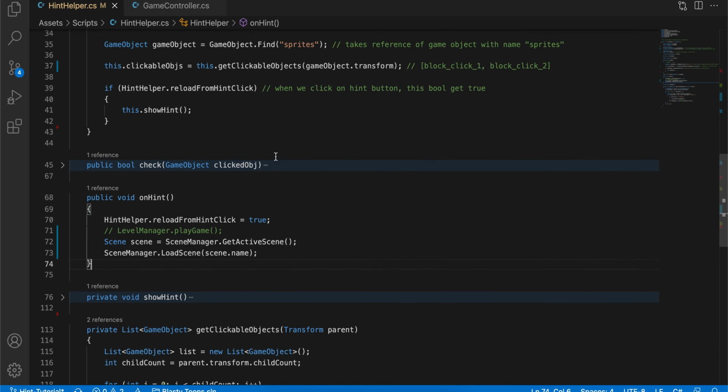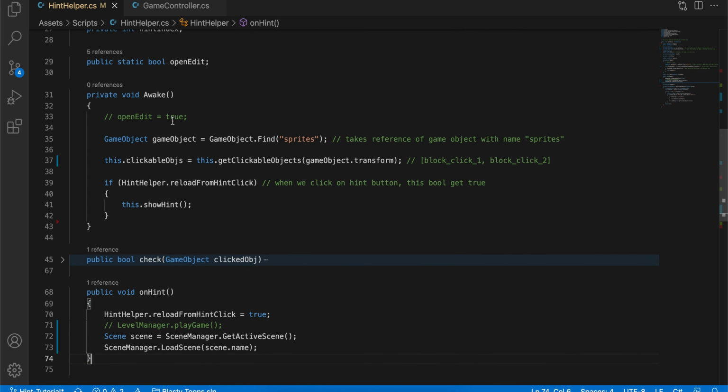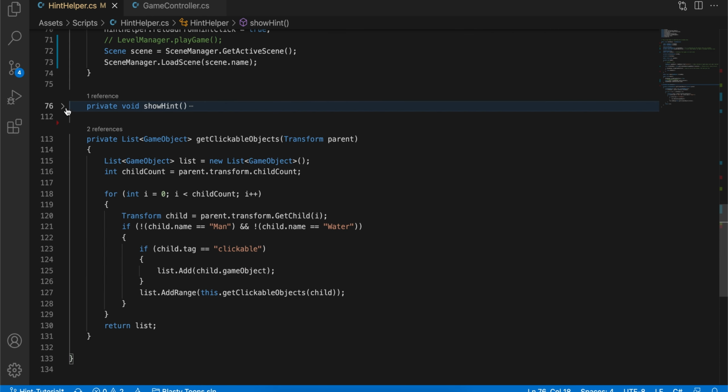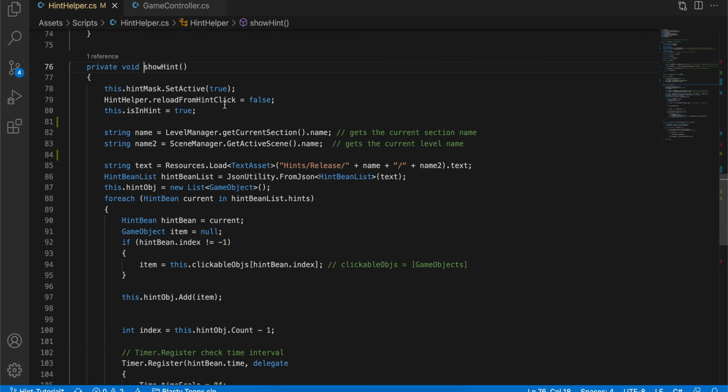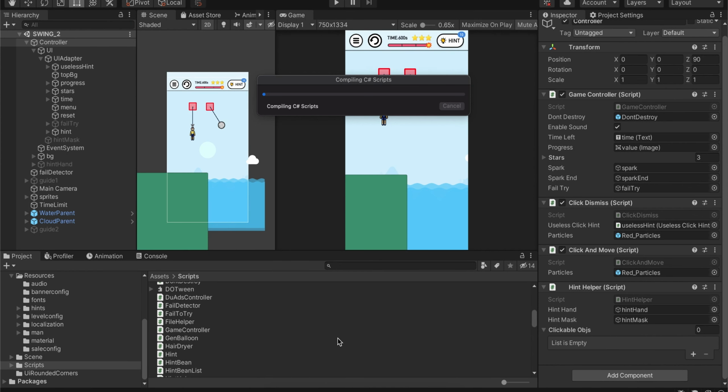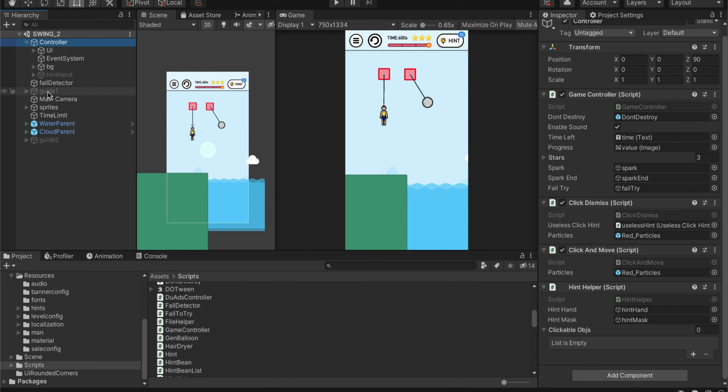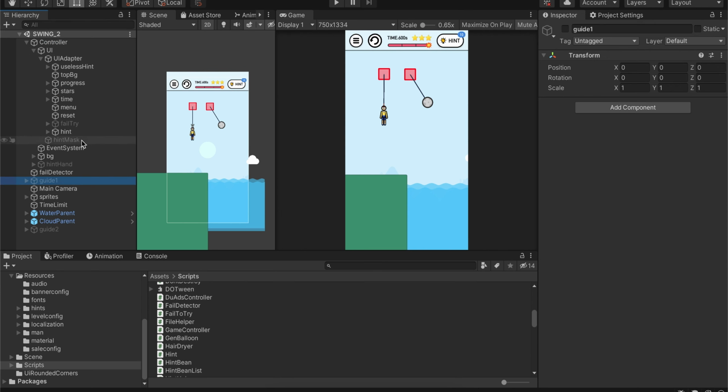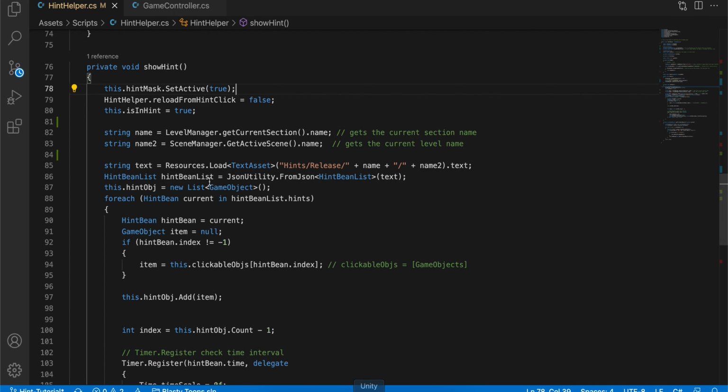So now we reload the scene, and when our scene gets reloaded, on Awake we are testing if HintHelper.reloadFromHintClick is true. So this is obviously true, and then this function gets called, ShowHint. This ShowHint function is a very interesting function, so let's see how it works. First of all, we SetActive true our hint mask. As you can see, this is our hint mask here. So first we activate this to true, and then